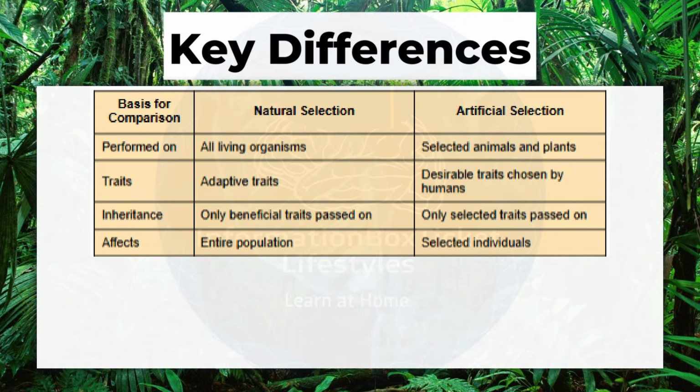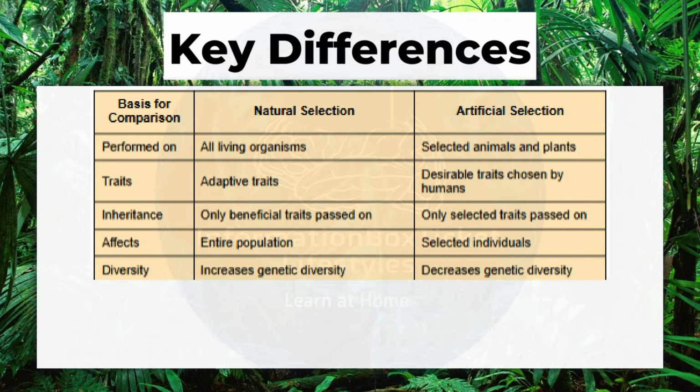Natural selection influences the entire population of a species over time, while artificial selection affects only the selected individuals subjected to breeding. Natural selection results in increased biological diversity, whereas artificial selection tends to decrease genetic diversity by focusing on